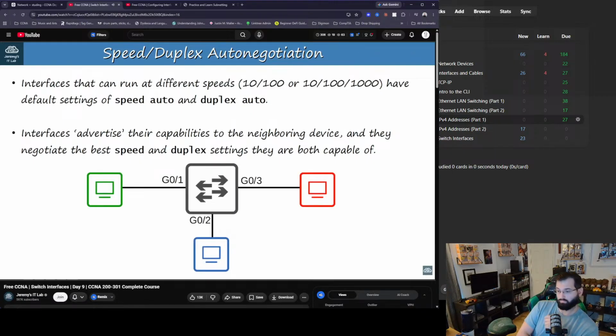Here's a small network, a switch with 3 PCs connected. Connected to G0/1 is a PC with a regular Ethernet interface. Connected to G0/2 is a PC with a Fast Ethernet interface. And connected to G0/3 is a PC with a Gigabit Ethernet interface. As you probably know by now, an Ethernet interface can run at 10 megabits per second, a Fast Ethernet interface can run at 10 or 100 megabits per second, and a Gigabit Ethernet interface can run at 10, 100, or